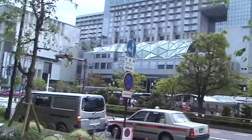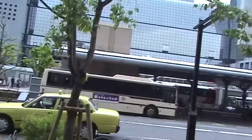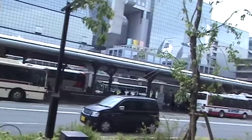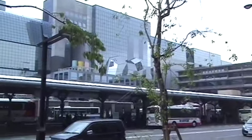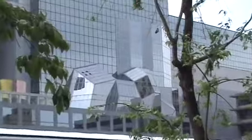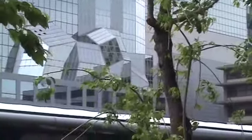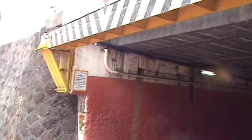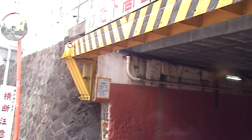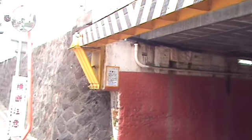This is the Kyoto Station complex. Pretty huge. Pretty interesting architecture. Particularly that right there, which looks like an abstraction of a city looking down from, let's say, a building of intermediate height. There's a drive-through here, but it's limited in height, and they want you to observe that height because it's underneath the trains, and they also don't want you to endanger the trains, so they put this up,